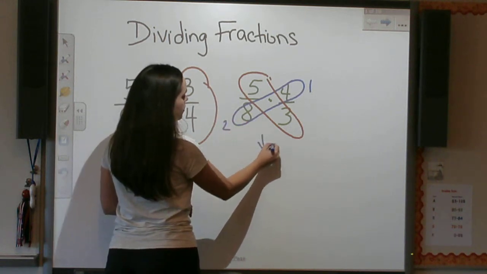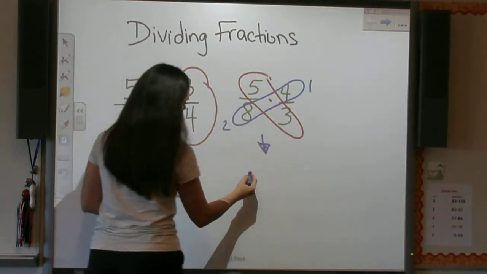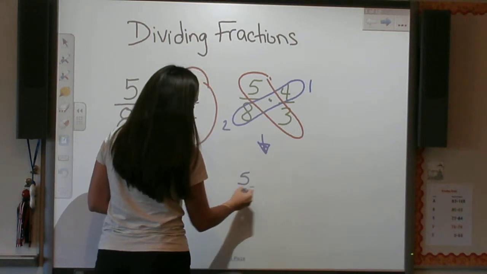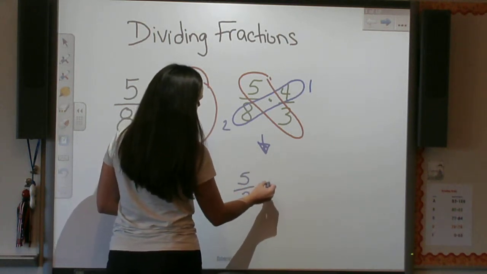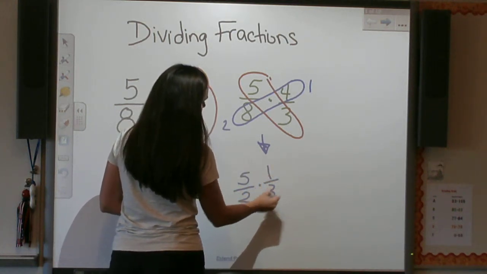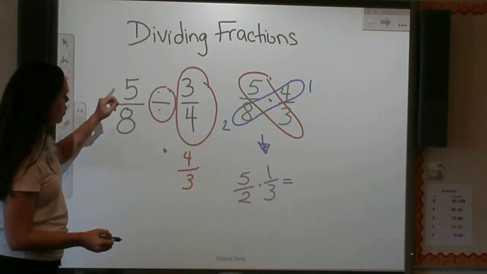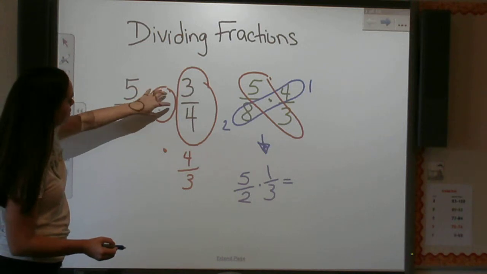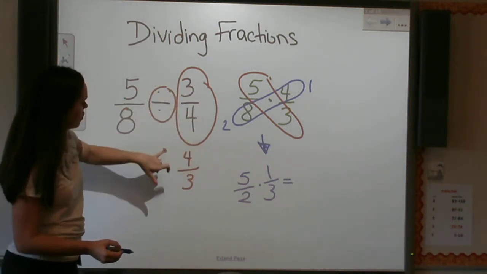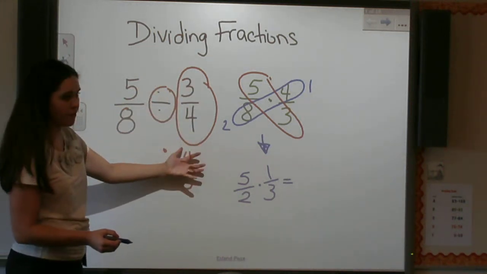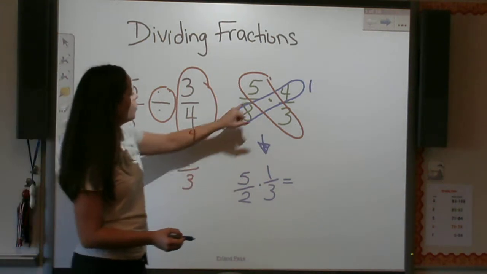So now I'm going to rewrite this fraction multiplication problem. 5/2 times 1/3. Now I do the math. All right, so let's go over this again. We had division and a fraction. We turned it into multiplication. We flipped that fraction. Then we looked at